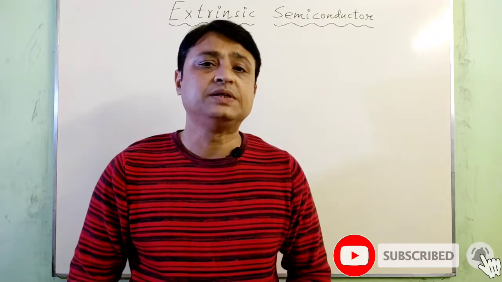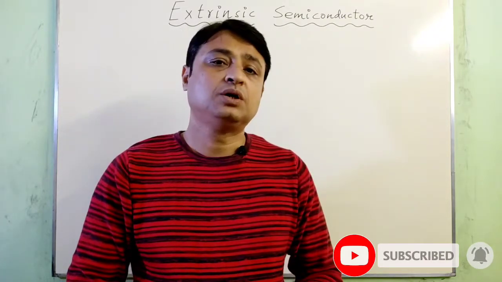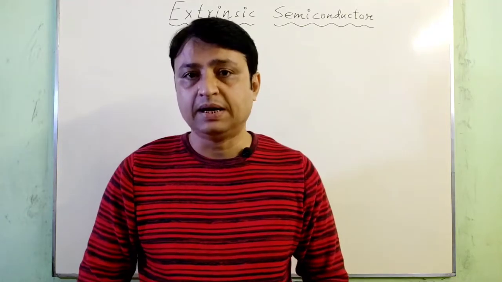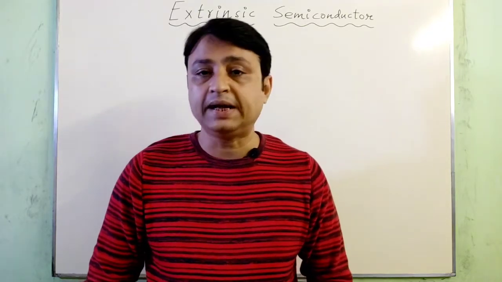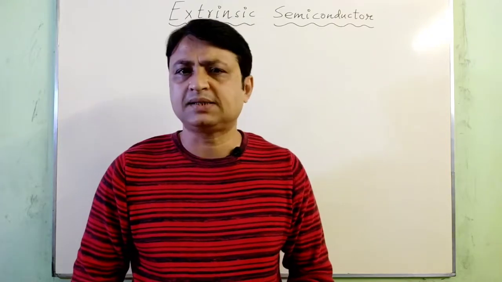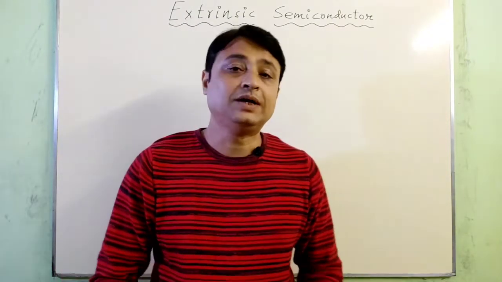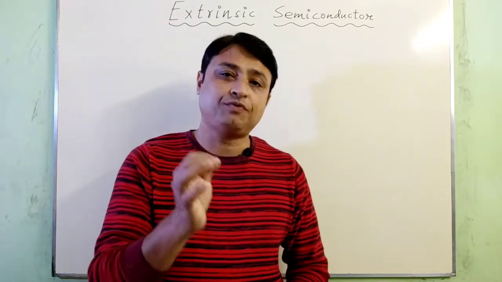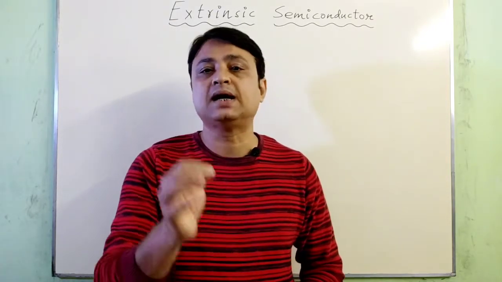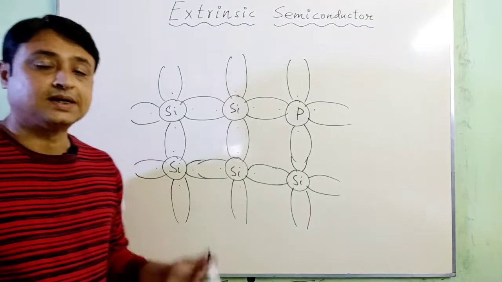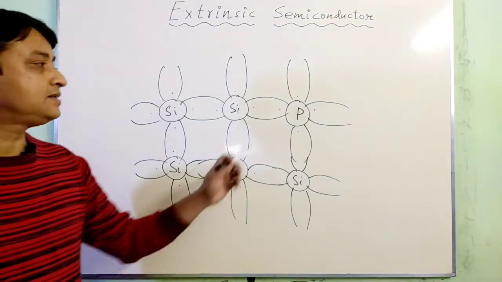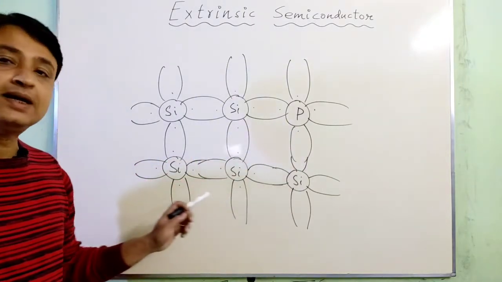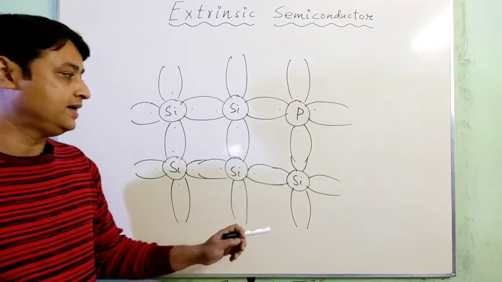The dopant atoms which can be introduced from the group 3 column are boron and aluminium, and for group 5 atoms they can be phosphorus, arsenic, antimony. Now let's check out what will happen if we introduce a group 5 atom inside a silicon structure. Let's consider this picture. Let this phosphorus atom be introduced inside the silicon structure, and as you can see